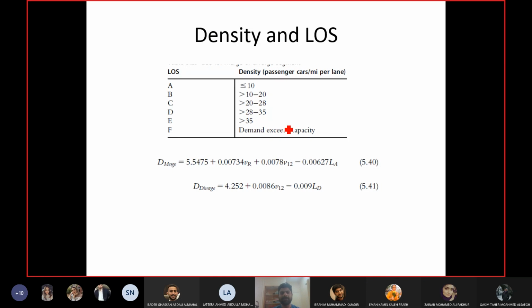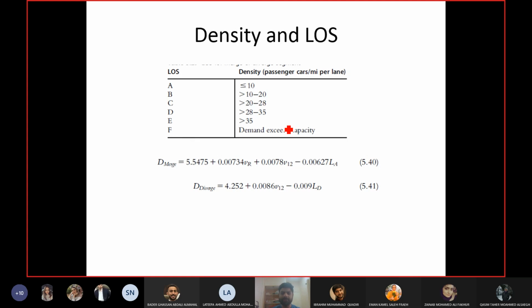Okay, now let me summarize. It must have been confusing, so tomorrow inshallah we will do an example, and hopefully that will clarify many things. So what we have done today, first of all, we calculated the flow rate in the two adjacent lanes of the ramp. If there are only two lanes in one direction, then this will be the total flow of the freeway. If it is not, then you will calculate PFM or PFD depending on merge or diverge area, and you will find out the flow rate in the two adjacent lanes.